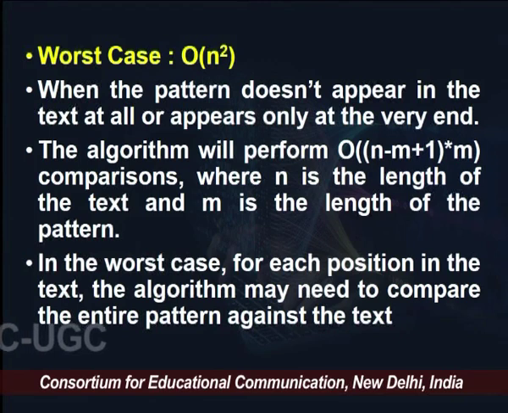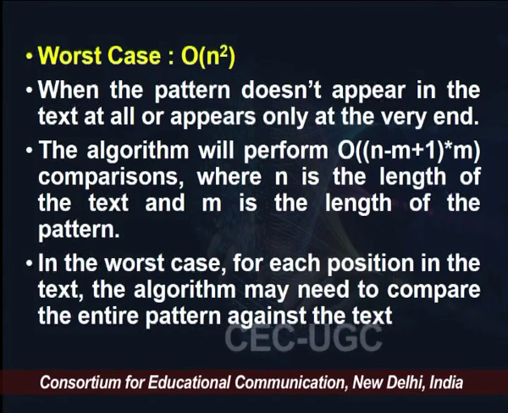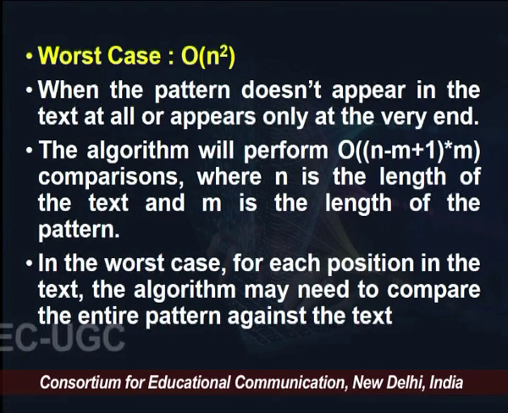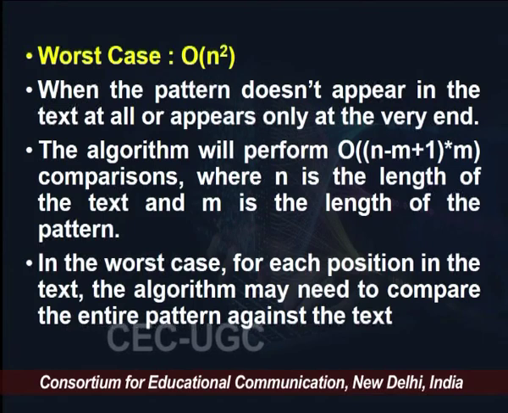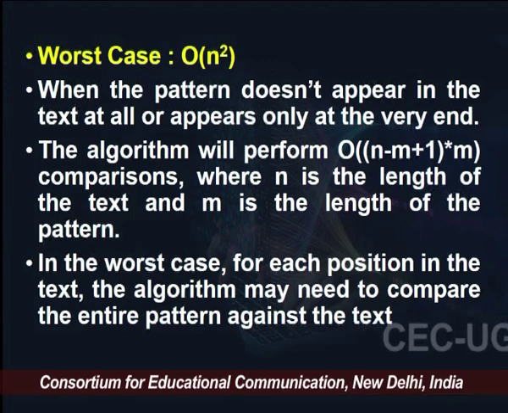So, the total number of comparisons in the worst case will be m multiplied by (n minus m plus 1), because in the worst case, for each position in the text, the algorithm may need to compare the entire